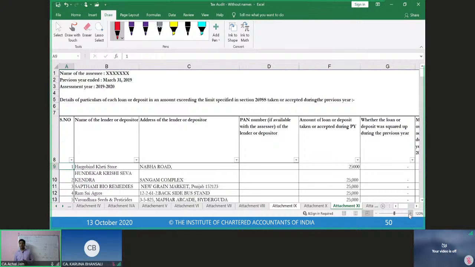In respect of the PAN number, in respect of the address or all of these details, how can you verify it? Whenever all of these transactions would have taken place, the entity, the assessee, would have obtained all of these details from the lender or the depositor. So the auditor can take all of these details and can verify on a sample basis some of these details from the portals, from some of the records, like PAN number can be verified online also. Address of the lender or depositor can also be verified online. Even these days, go to Google, and Google will easily give you the address of the entities. Correct?